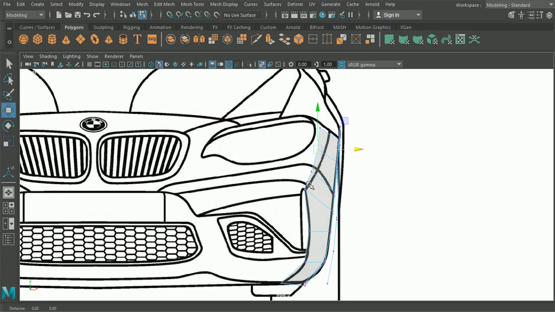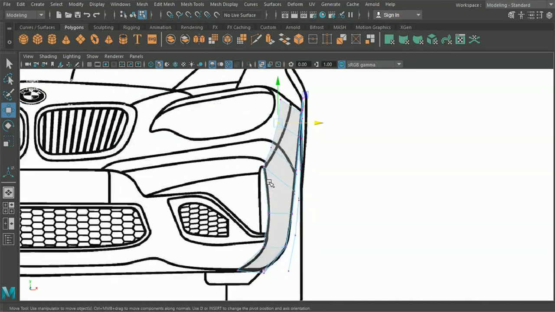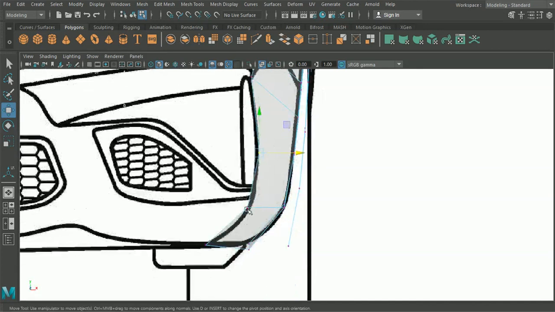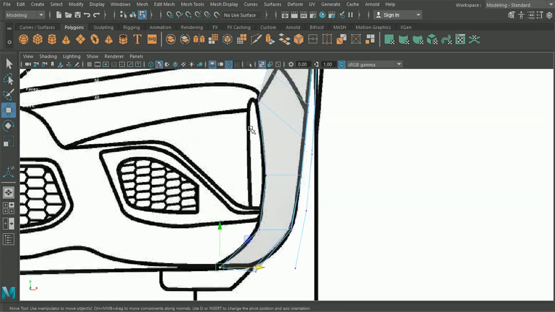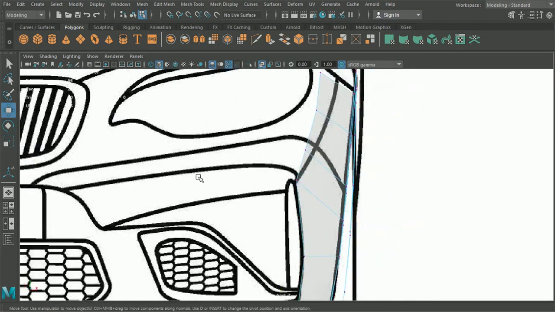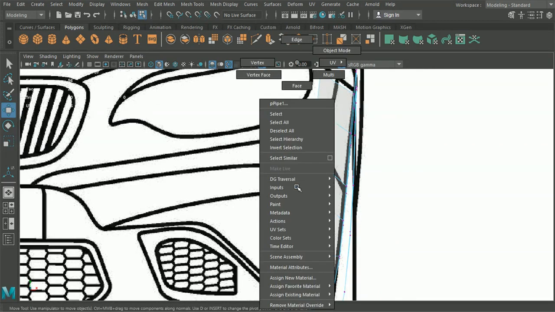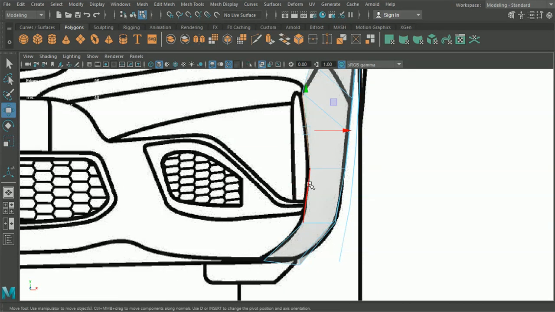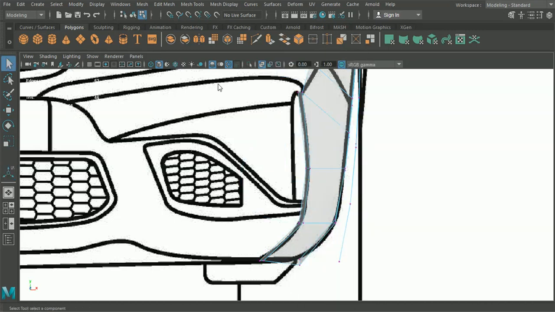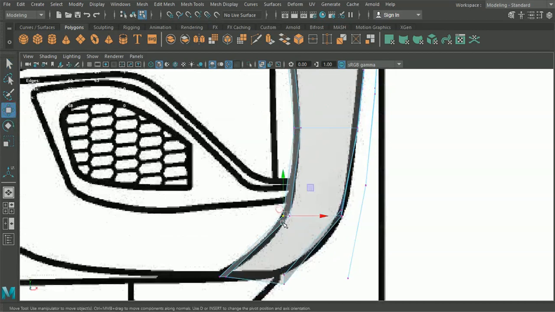Now, what we have on the inside of this line is we actually have an edge, so what we'll do is we'll pull to the outside of this edge here, because on the actual car itself it then extrudes in, has a little lip. That lip is going to run all the way around and join over here. So what we'll maybe do is we'll grab all of the edges here, we'll hit Ctrl E, and again on the world option we're just going to pull into the side ever so slightly, and I'm just going to pull these points up like so,